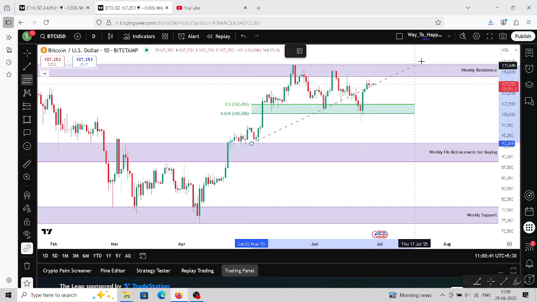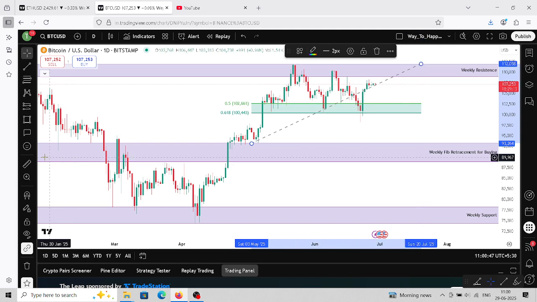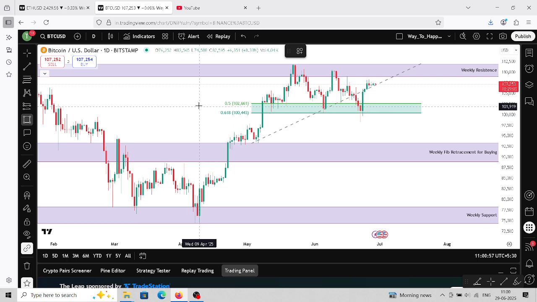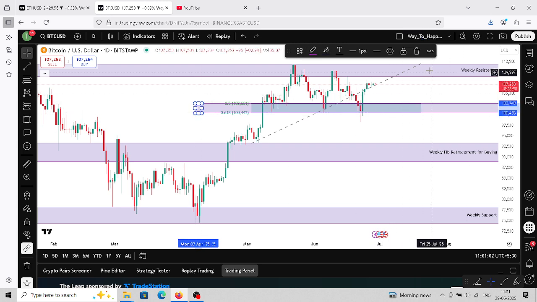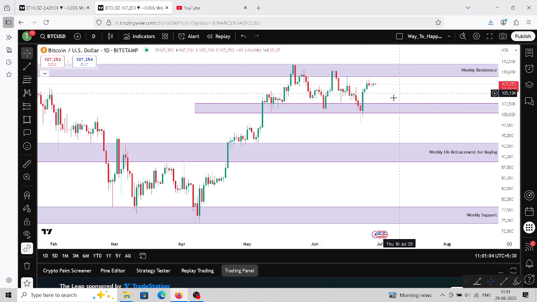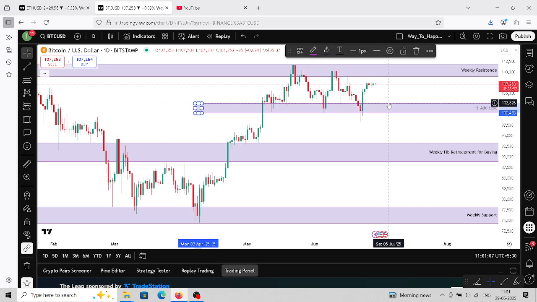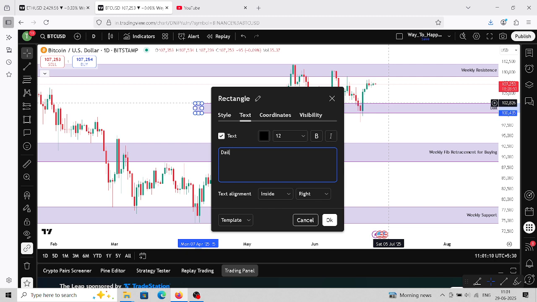Okay, yep, you're seeing the magic here. This is what I always say, the fib is nothing, it's price action, absolutely on the 0.5 to 0.6 area where the daily time frame is staying on a daily basis, right? So what we should do, let's mark this level as well. This is my daily fib. Okay, so this is my daily fib retracement for buying. Okay,